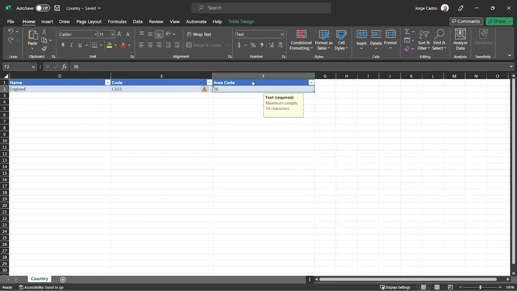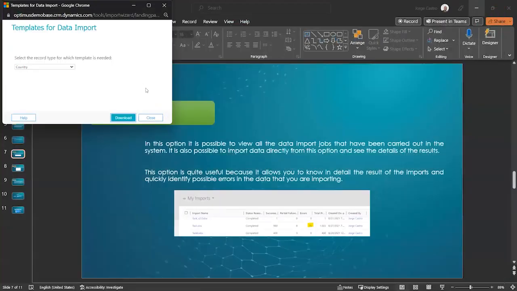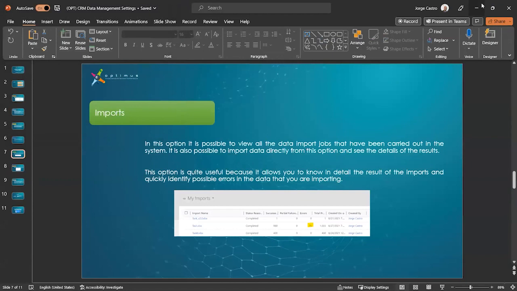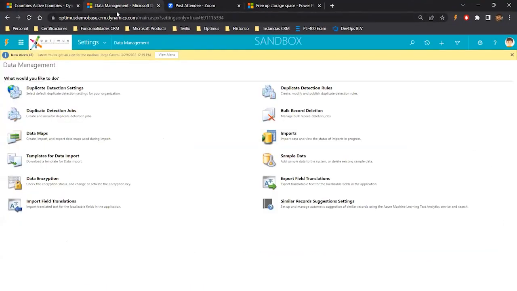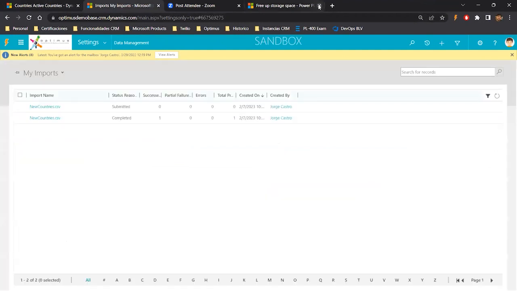So you could just create multiple ones. I mean, you could just move this one and create as many as you need. But as soon as you save the file,